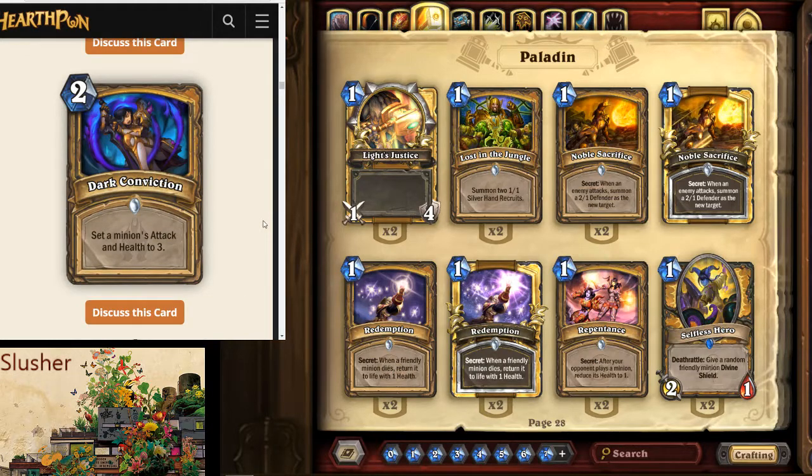Alright, the next card is a 2 mana Dark Conviction. Set a minion's attack and health to 3. This seems to be a new Paladin thing. There was a wild card a couple...